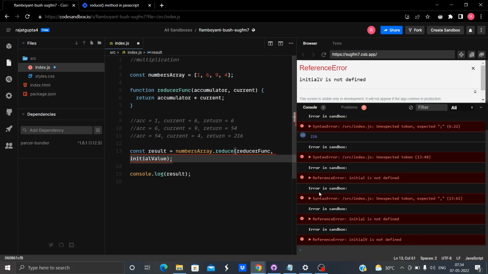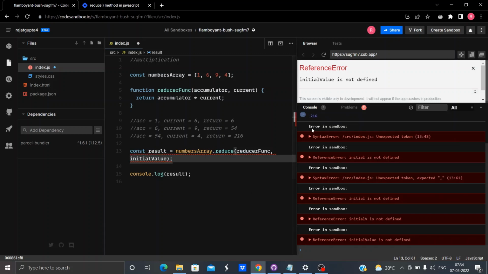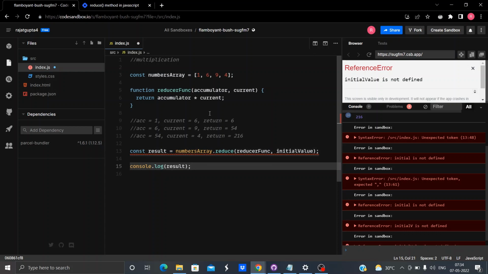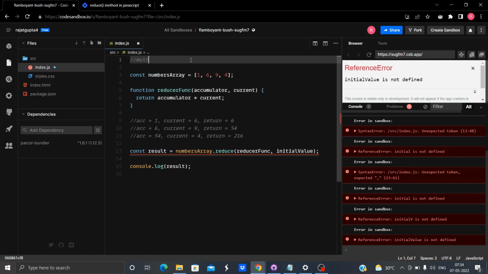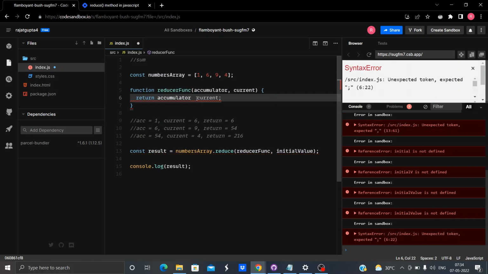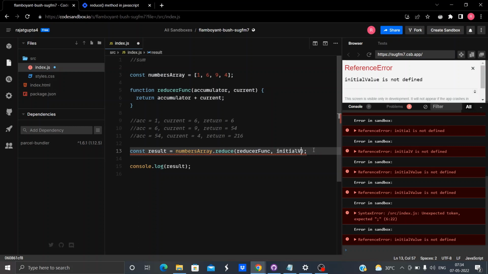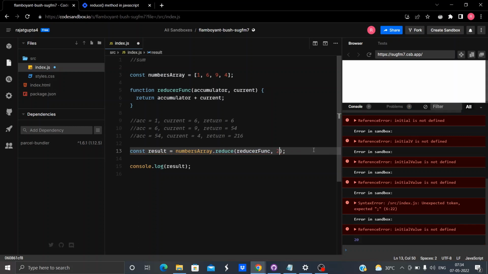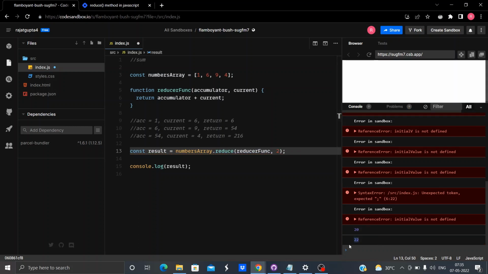So let's say, instead of multiplication, let's again come to the first example, that is sum. I want the sum to be returned. Now let's say there is an initial value here, 2, we provided initial value 2 here. Now what happens? You can see in the console, instead of 20 we got 22 as the result of this reduce method. But why? I'll tell you why.